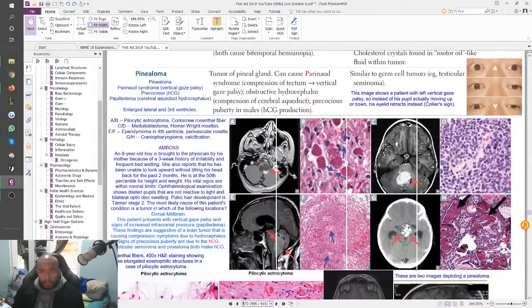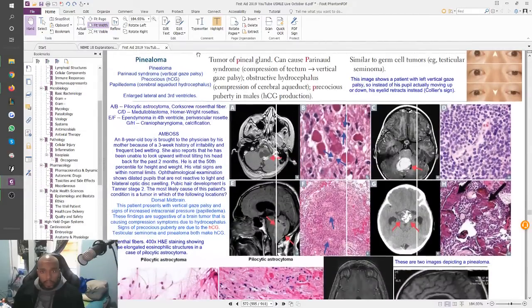Let's look at everything pinealoma related. So pinealoma: tumor of the pineal gland, Parinaud syndrome, compression of the tectum leads to vertical gaze palsy, so you can't really look up or down that well. Obstructive hydrocephalus because of compression of the cerebral aqueduct, and precocious puberty, which is another very high yield topic about pinealomas,